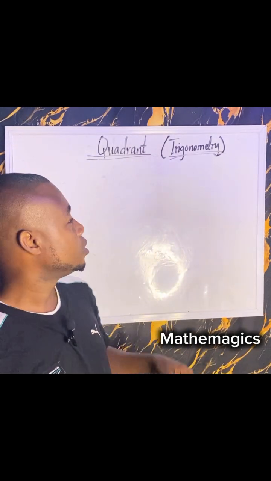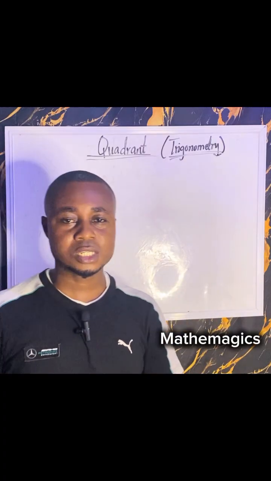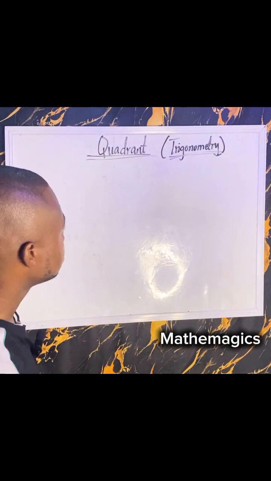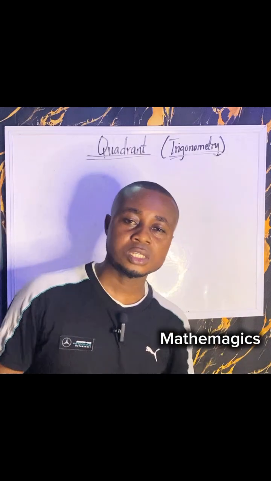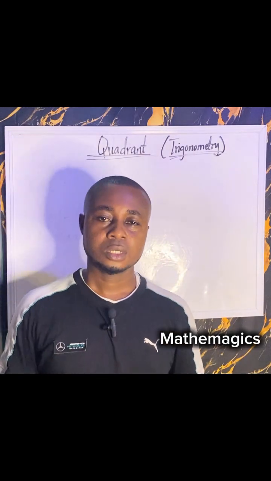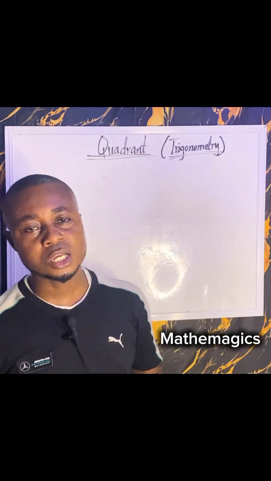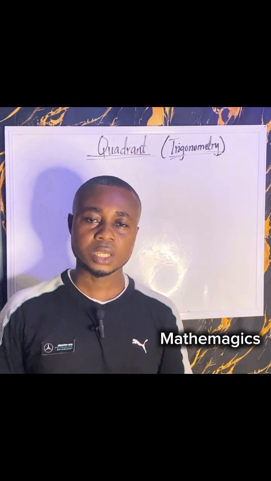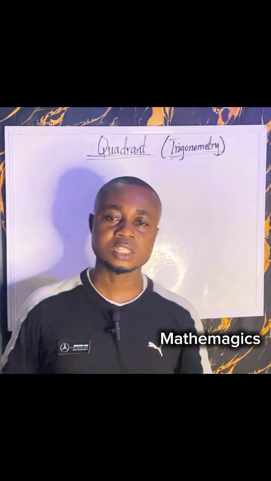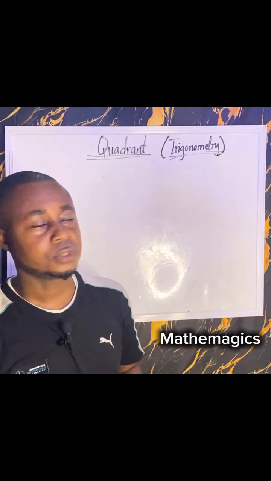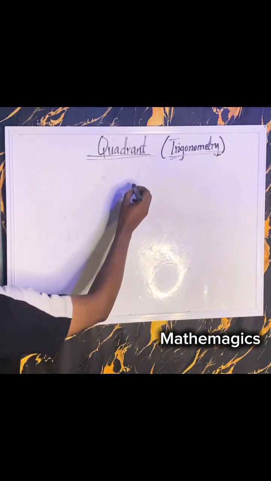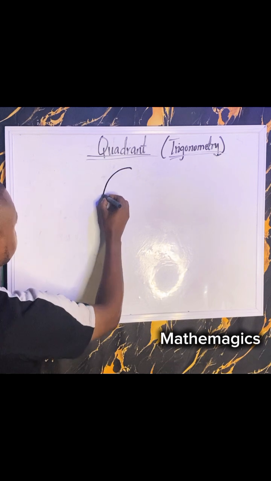Quick one. In our mathematics, we have trigonometric quadrants. What is this trigonometric quadrant? A trigonometric quadrant has to do with one of four sections of the XY coordinate plane we have in mathematics. So quickly, let's take for instance,